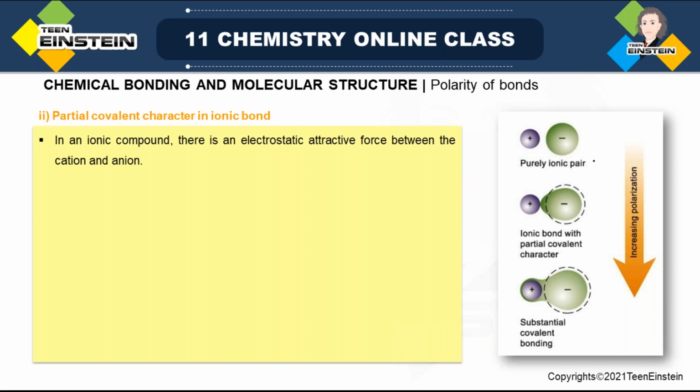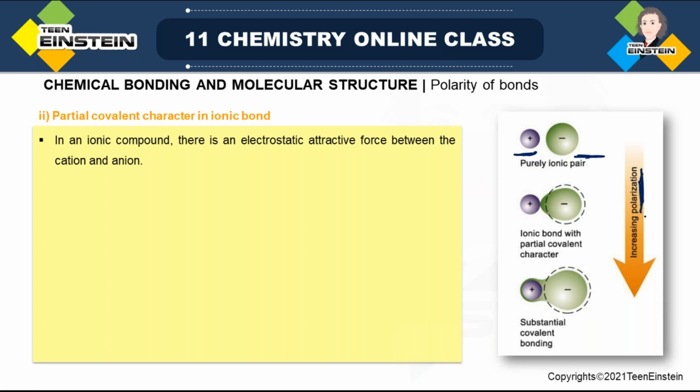So here we look at this picture, we have cation and we have anion. This is a purely ionic pair, because there is no sharing. One ion has completely donated, another ion has completely accepted. And you can see there is a difference in size, because anions are always drawn as a bigger sphere. Now what will happen? Because of a phenomenon known as polarization, we will see in detail